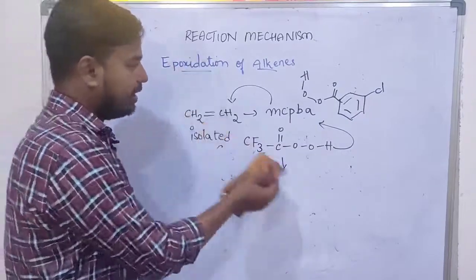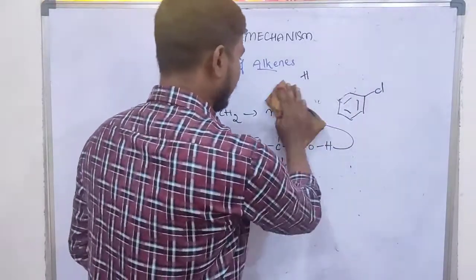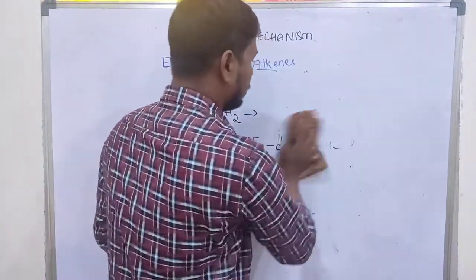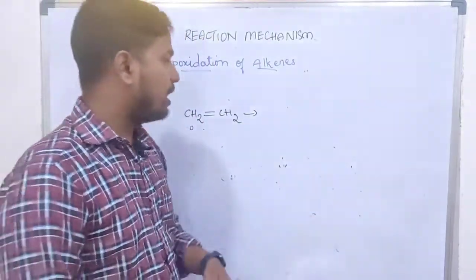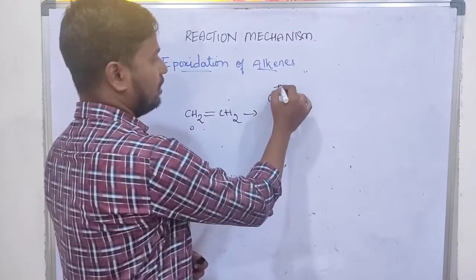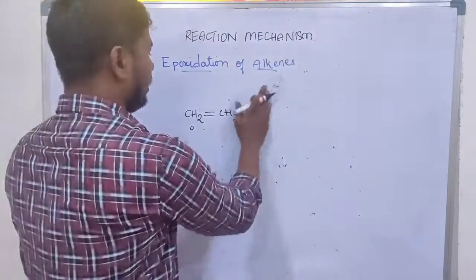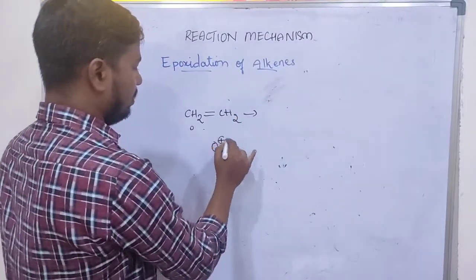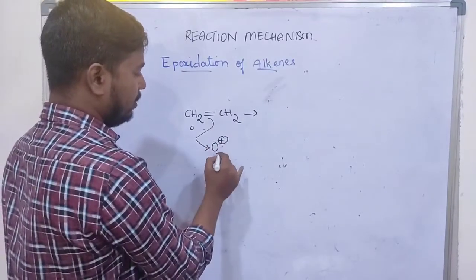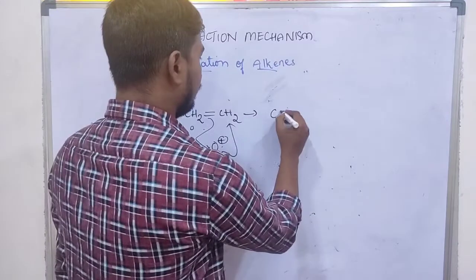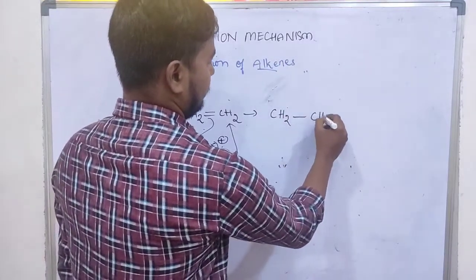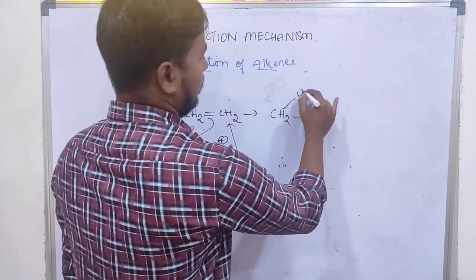Because we are studying reaction mechanism, right? I am going to erase all these things, and you know the structure of metachloroperbenzoic acid. That metachloroperbenzoic acid delivers the electrophilic oxygen. So this double bond attacks here, and the lone pair present will go and attack here, resulting in the formation of the epoxide, and the charge is neutralized.